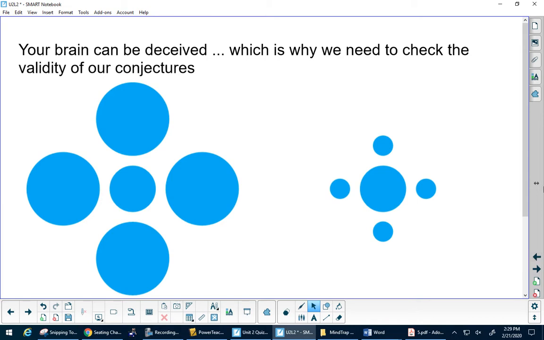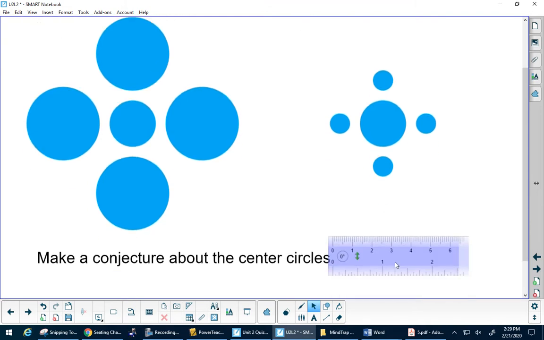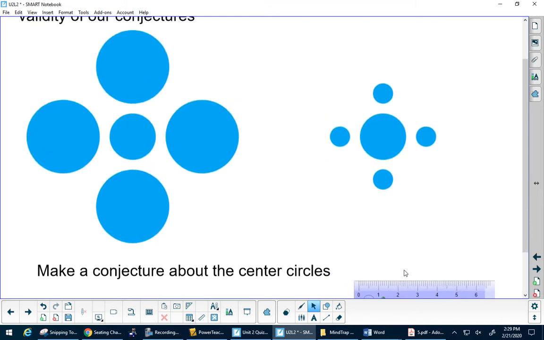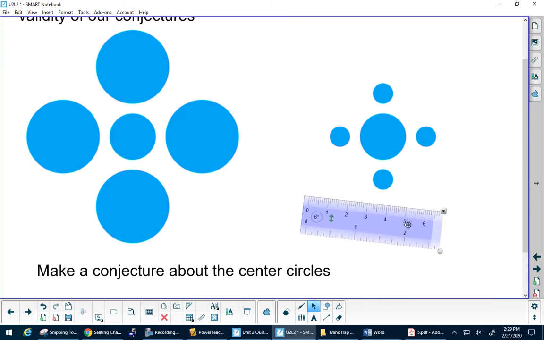The question would be, so here's one shape, here's the other. What do you notice about the center circles? What would you say? Which one's bigger? Yeah? They're both the same. But doesn't this one look a lot smaller? And if you take a ruler,